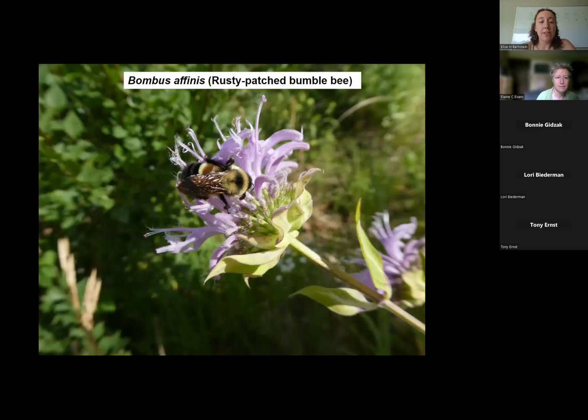Here's another really awesome, very clear, distinct photo of a rusty patch bumblebee. She's also doing something that's kind of characteristic of rusty patch, where she's nectar robbing in this flower. So she's poking holes towards the base of the flower rather than going in at the top where the pollen is. But we can again really clearly see that umbrella or thumbtack shape on her thorax, really clear black band